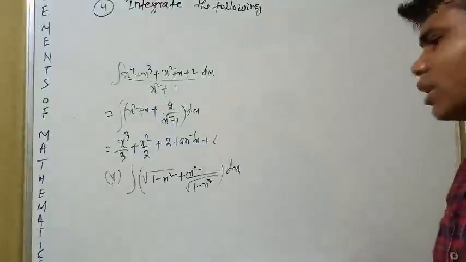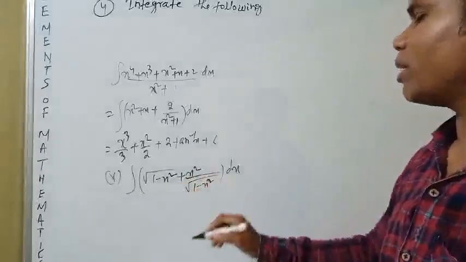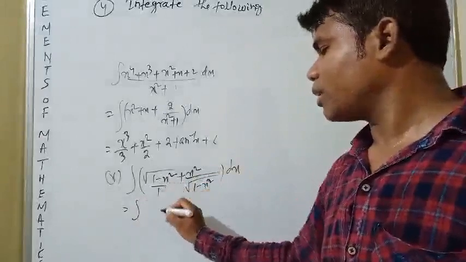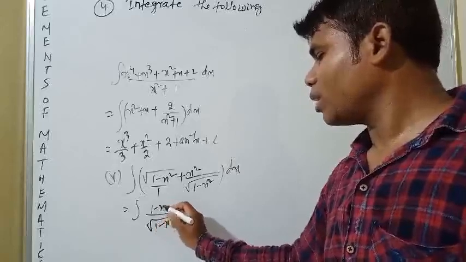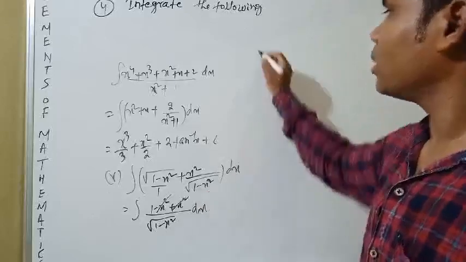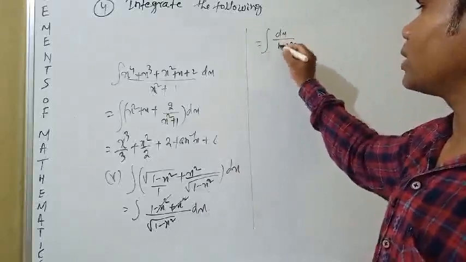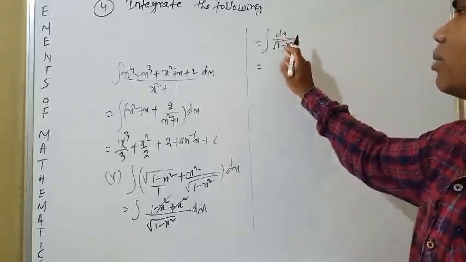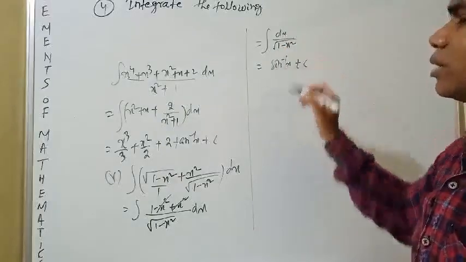You see the next question number 5. You see integration of 1 by root over 1 minus x square plus x square by root over 1 minus x square given is equal to, we can write, you see this is 1, we can write LCM you take 1 minus x square, here 1 minus x square plus x square, these two will cancel out. Is equal to integration of dx by root over 1 minus x square. This is in the formula. Integration of dx by root over 1 minus x square is equal to sin inverse x plus c.